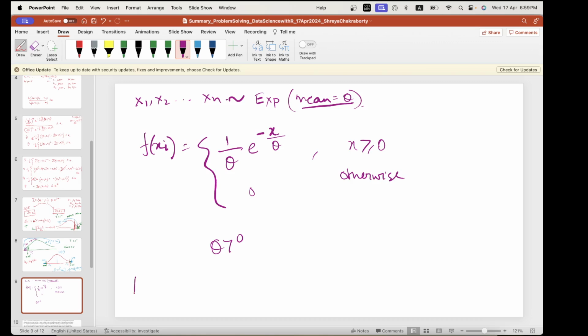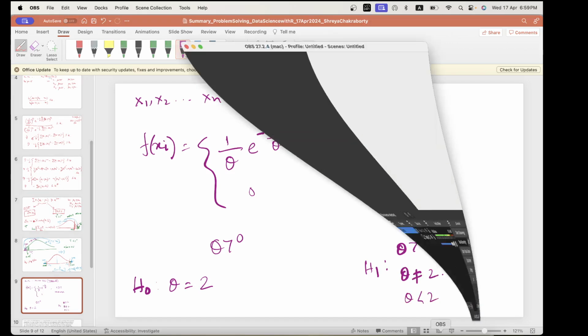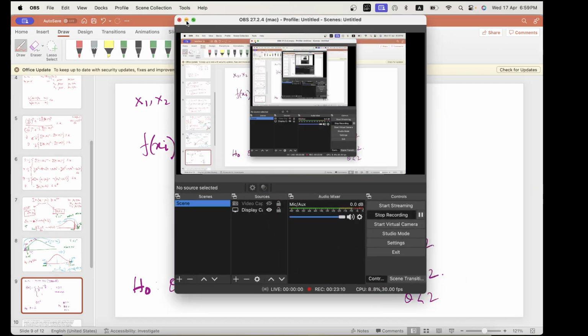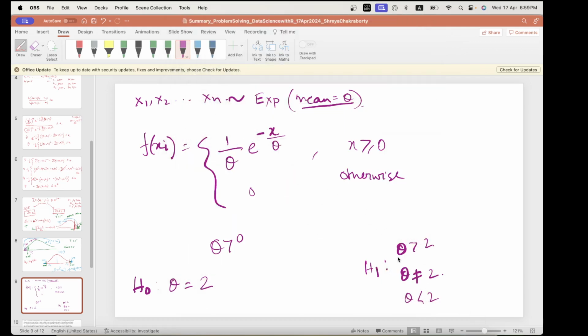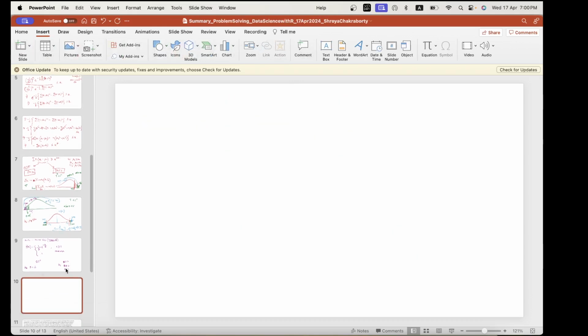Let us assume you have H naught: theta equal to 2, and H1 similarly: theta greater than 2, theta less than 2, and theta not equal to 2. Now we'll follow the same procedure and try to devise my decision rule. Alright, so by Neyman-Pearson lemma,